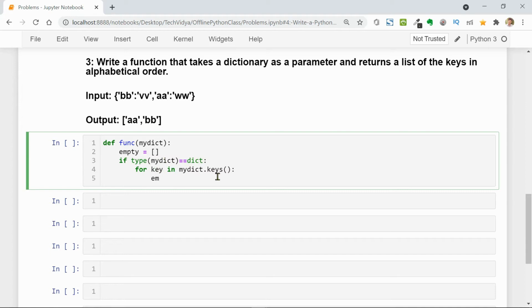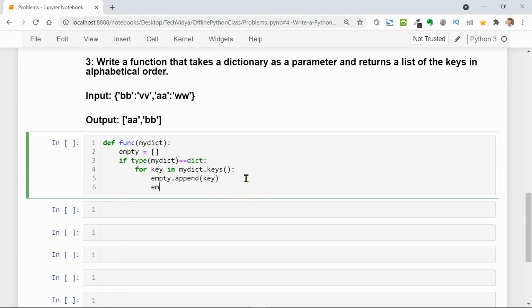For key in myDict.keys, and then I want to append the key names in the empty list which I have already created. So empty.append, and what I want to append is the key which I have retrieved from the dictionary, and then I want to perform the sort operation. We can use the sort function.